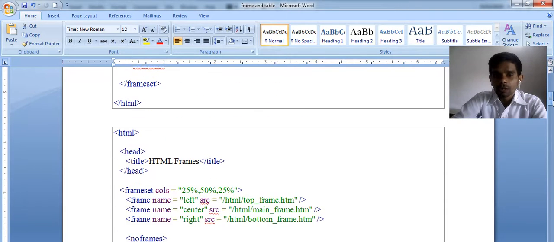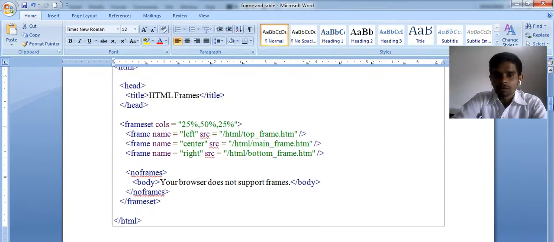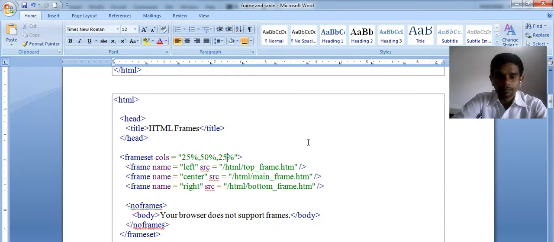Now if I am talking about columns, we use cols, and the total screen is divided into 3 different frames according to percentage: 25%, 50%, and 25%. Let's run the example.